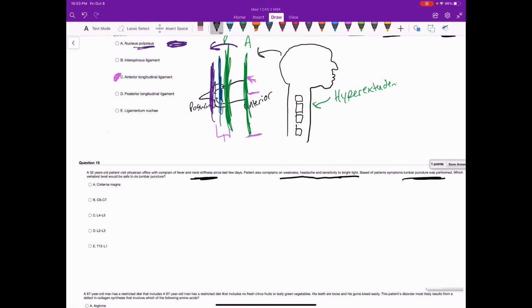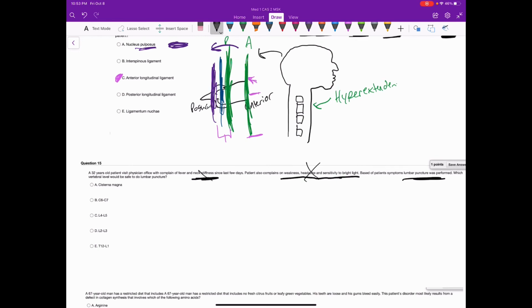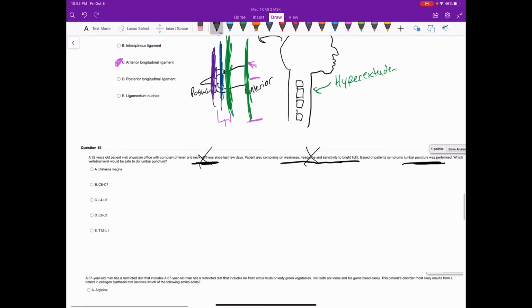What vertebrae do they do the lumbar puncture at? None of this other information matters, it's all irrelevant. We just need to know the lumbar puncture. So if we draw the vertebrae, I'm going to draw a couple of them. This is L1, L2, L3, L4, L5, S1. The spinal cord in adults ends around the bottom of L1, kind of to L2. So the safest place to do a lumbar puncture is in between L4